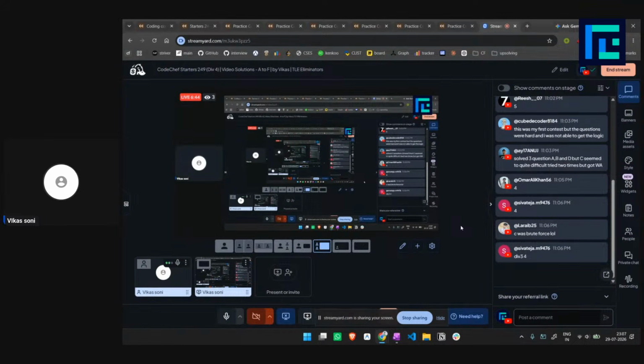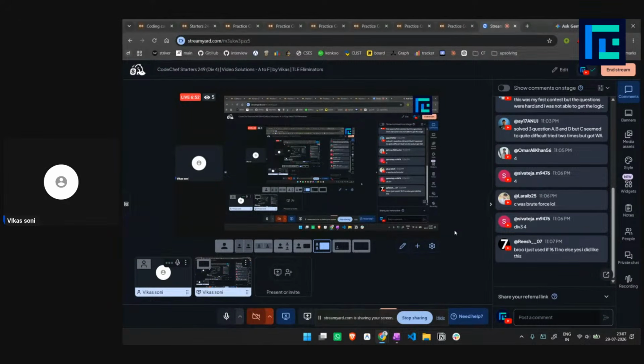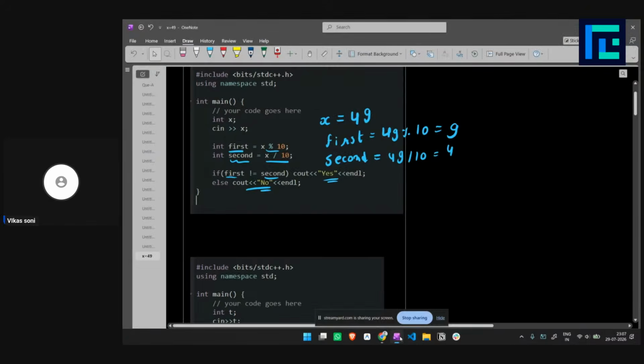If you have no doubt in this, C was brute force. Yes, you can also solve this by brute force, and there was also an optimal solution. I just use if modulo 11, then no. Okay, this is also a really good technique. I just try to think fast in the contest. What Reese is trying to say is that